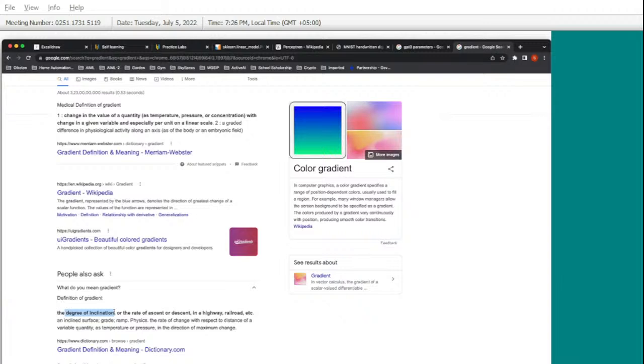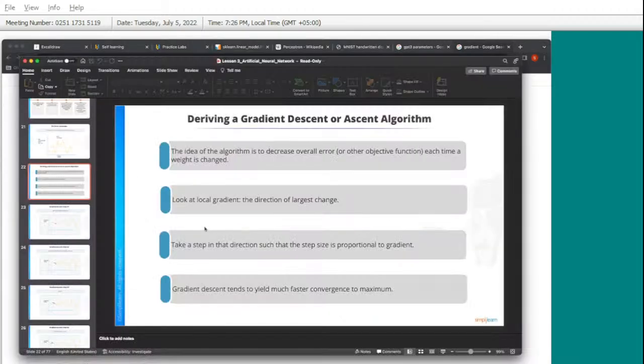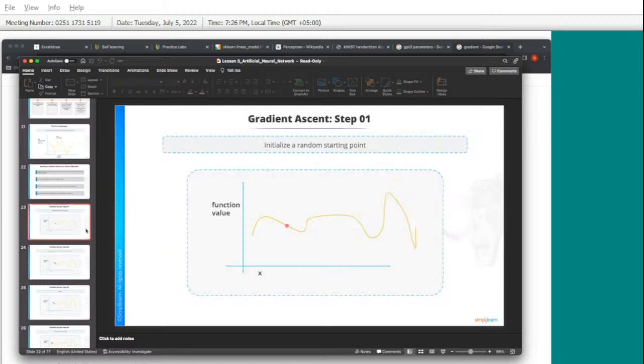Rate of change is the output, of course, but since we are going by a valley, it's all sloping, and there are lots of peaks and crevices. That's the reason we use this algorithm called gradient descent. The overall idea is very simple: it decreases its error. Look for the local gradient, the direction of change, and go in the opposite direction. If you have an error function like this and your objective is to reach here,